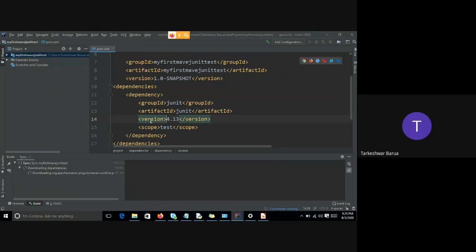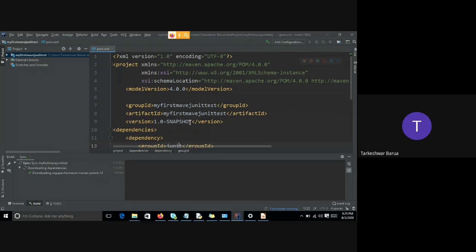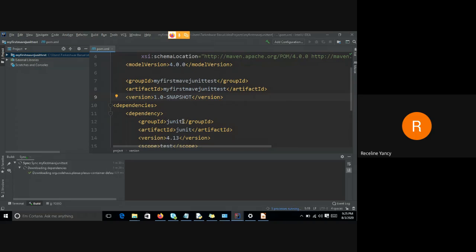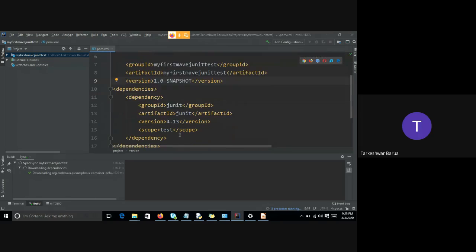Next, this library must be loaded at the time of testing. Whenever I test my application, it should load. I will explain Maven in detail. Even in the last semester, we discussed Maven. Again, I will explain because this whole semester is based on JUnit.